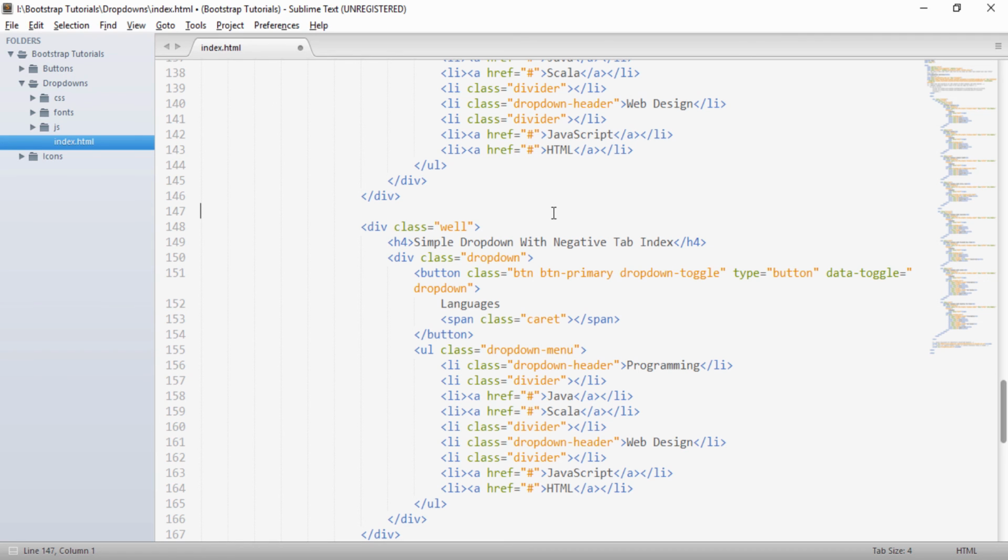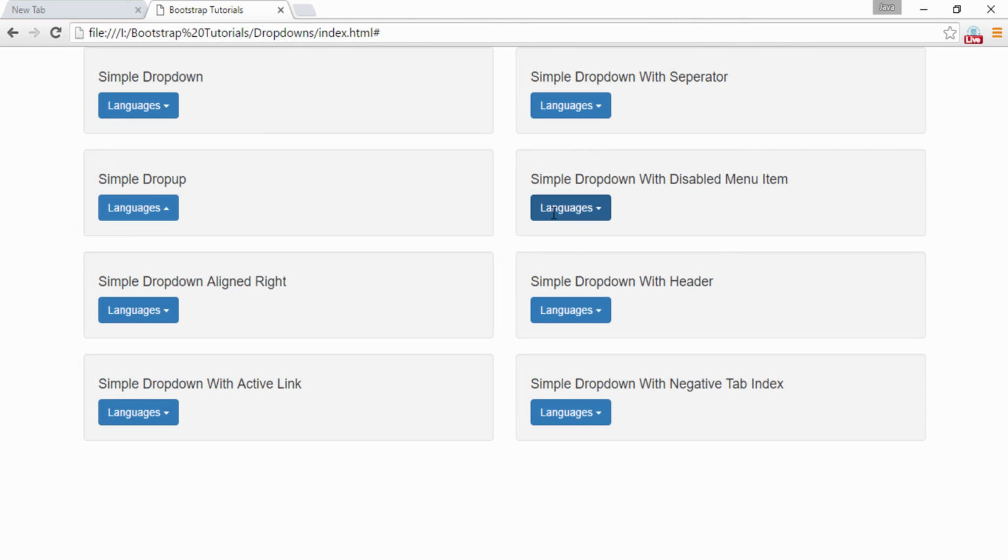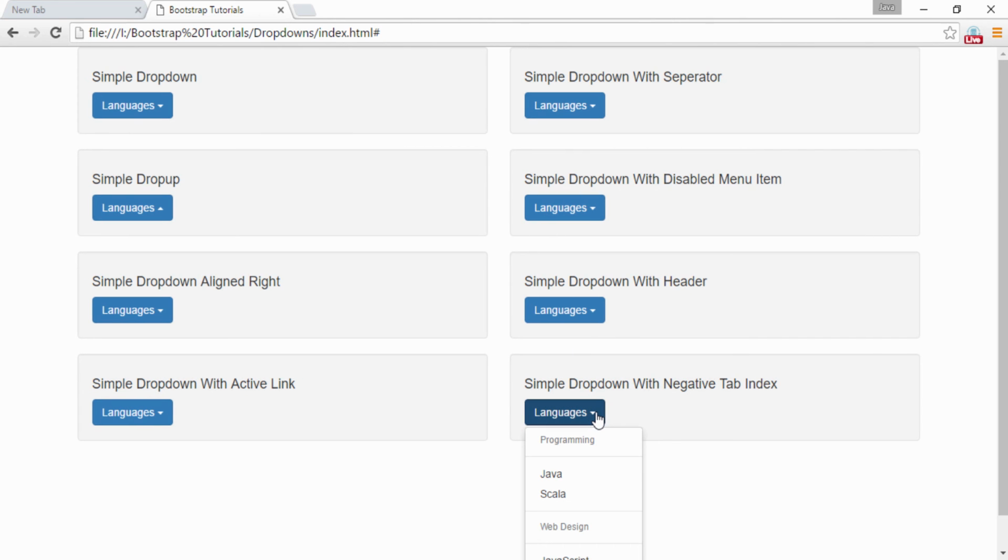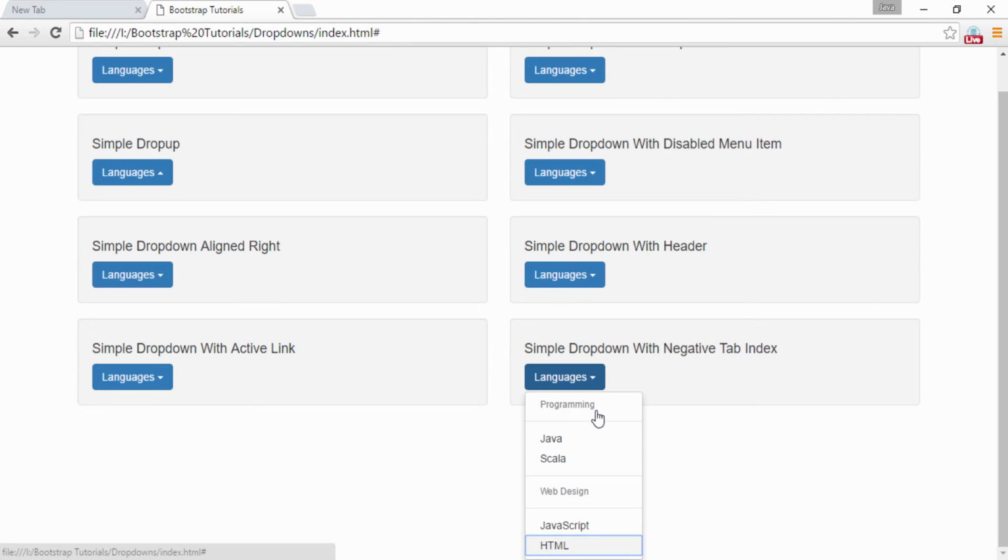I will show what this negative tab index is. If I go to the browser, you can see when I open this and I hit tab, I can select one of the things, so it shows something like this.